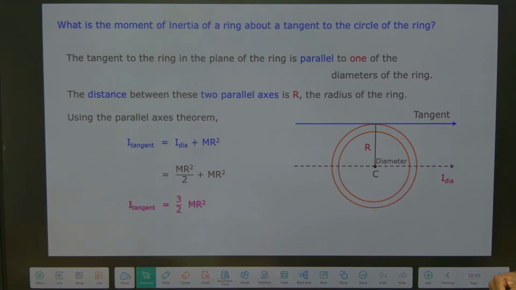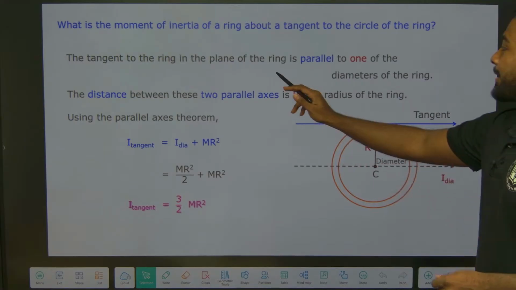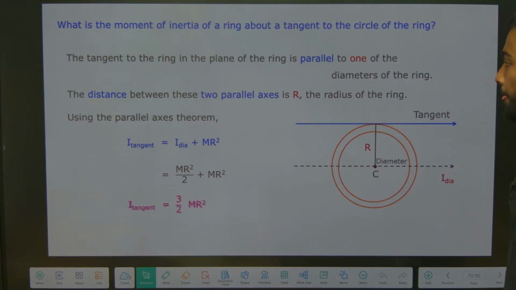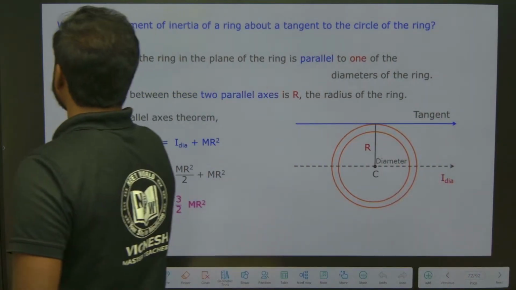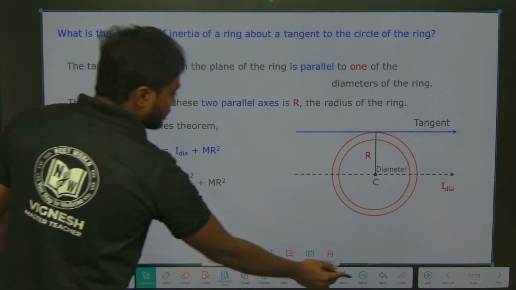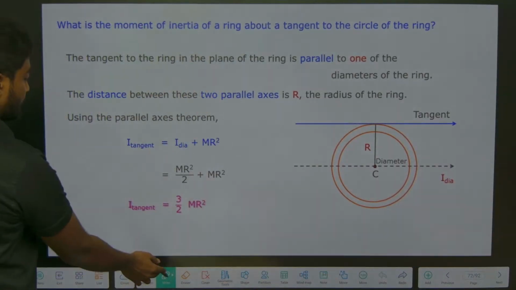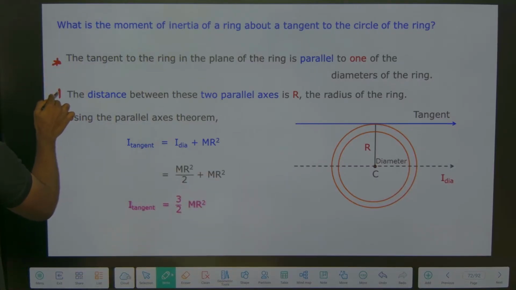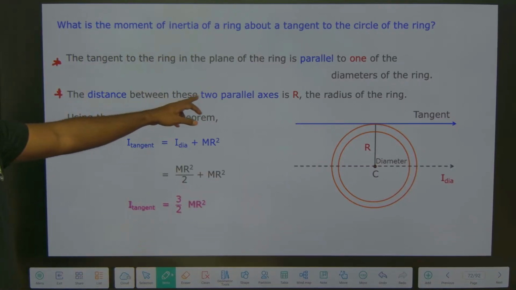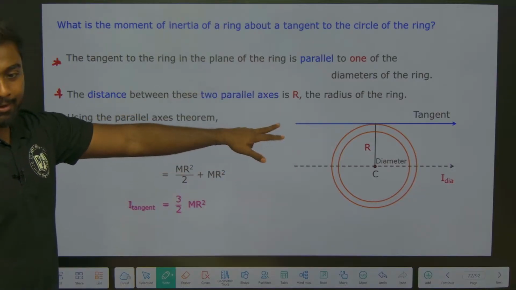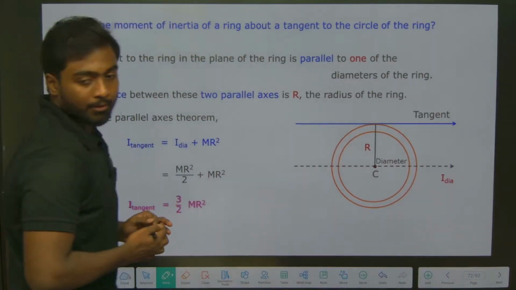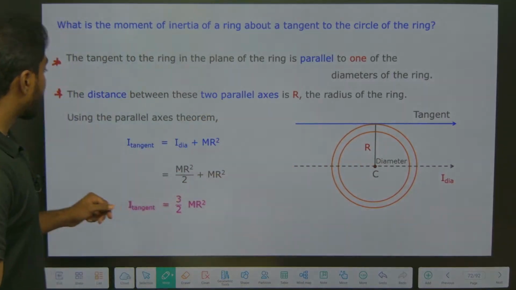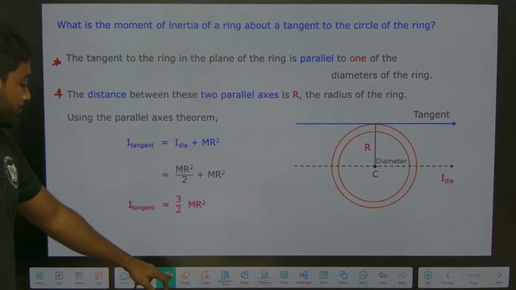The tangent to the ring in the plane of the ring is parallel to one of its diameters. This is the first point. The second is that the distance between these two parallel axes is r, that is, the radius. So using the parallel axis theorem,